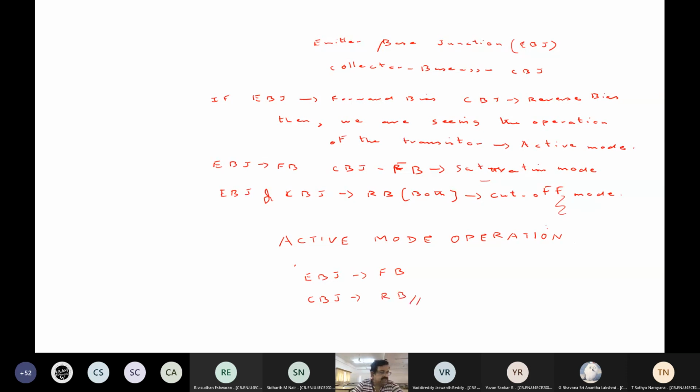Okay, so how is the transistor acting? We'll take an example of an NPN transistor and go about discussing the operation of the transistor under forward bias. And the aim of today's lecture is about defining two parameters of current gain, namely common emitter current gain and common base current gain. We'll define both of those parameters in the class. So let us look at this operation of the transistor in the active mode.